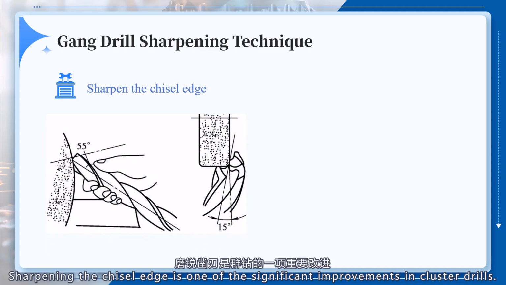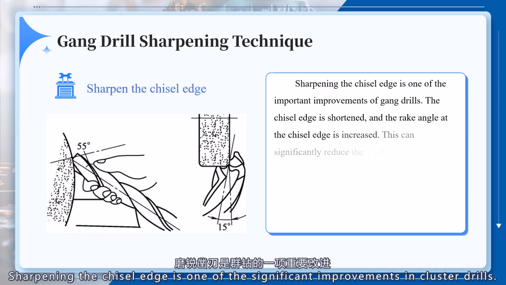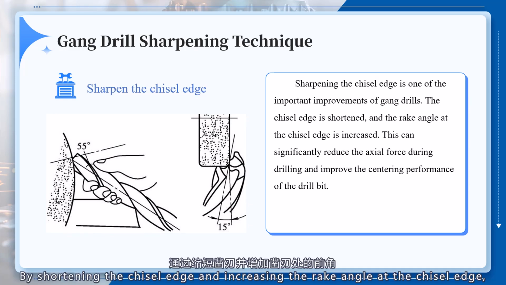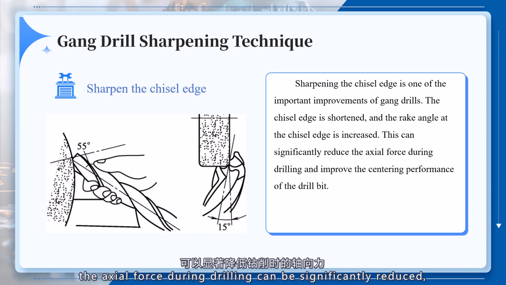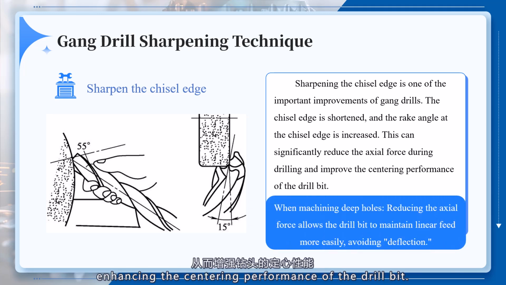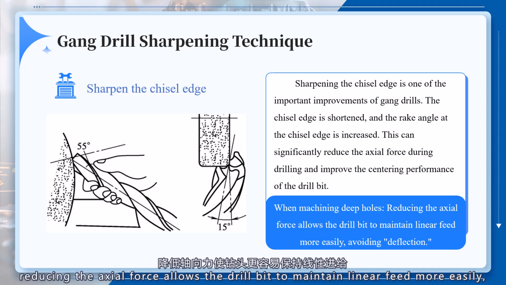Sharpening the chisel edge is one of the significant improvements in cluster drills. By shortening the chisel edge, and increasing the rake angle at the chisel edge, the axial force during drilling can be significantly reduced, enhancing the centering performance of the drill bit. For example, when machining deep holes, reducing the axial force allows the drill bit to maintain linear feed more easily,